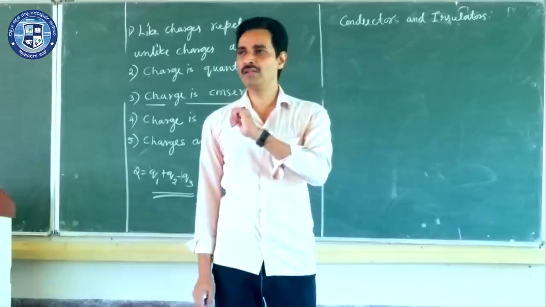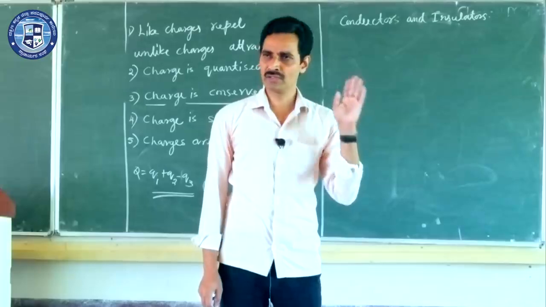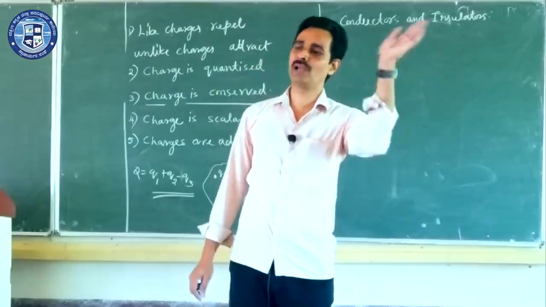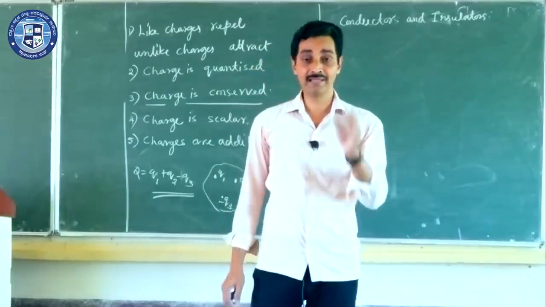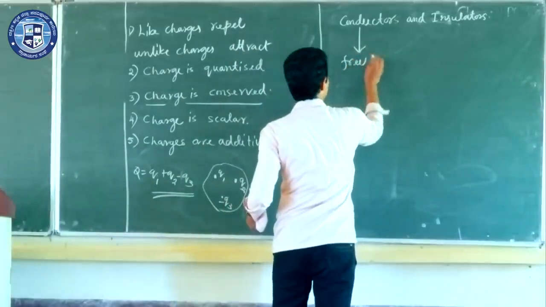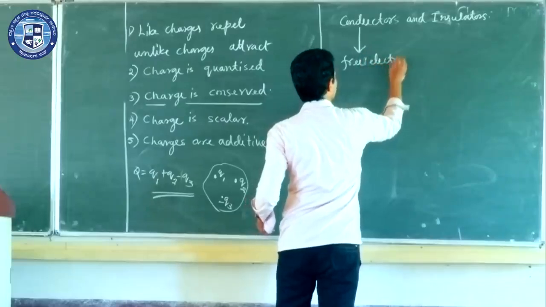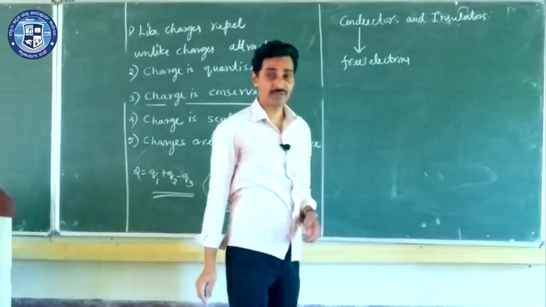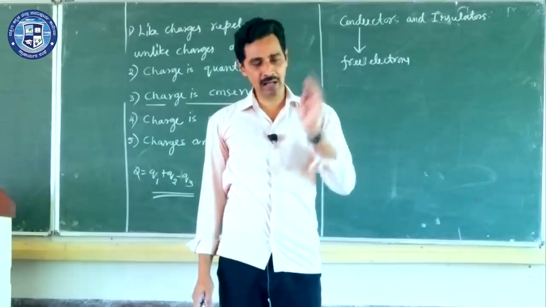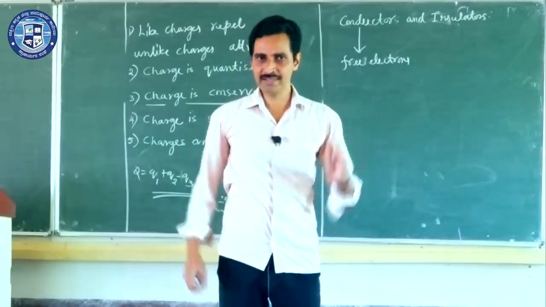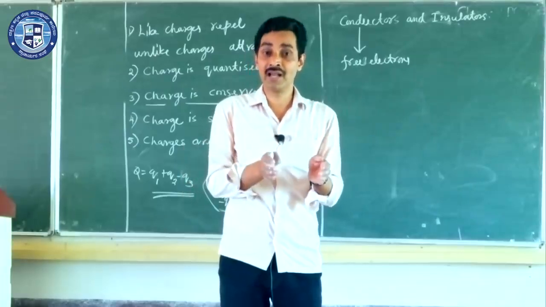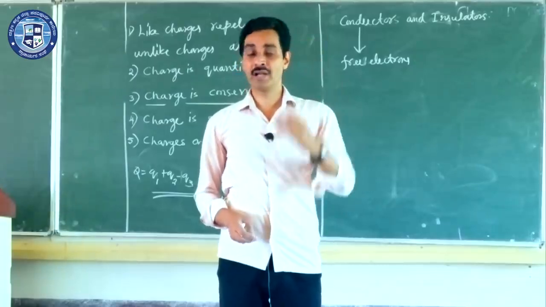Ask another electron. There are plenty of electrons which are neither revolving around the nucleus nor taking part in any bond, but simply moving inside the metal from atom to atom. They are not keeping on revolving around the nucleus. These electrons are called free electrons, and they are found in large numbers in metals only. There are no free electrons in insulators. Remember, I didn't say there are no electrons in insulators. There are electrons, but they are not free. It is as if some students in a college or school are tightly bound inside the class because class is going on, and they are afraid of teachers.